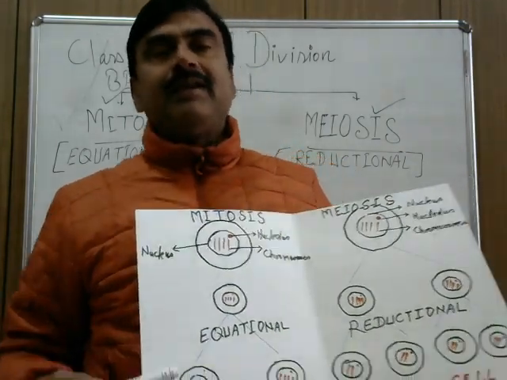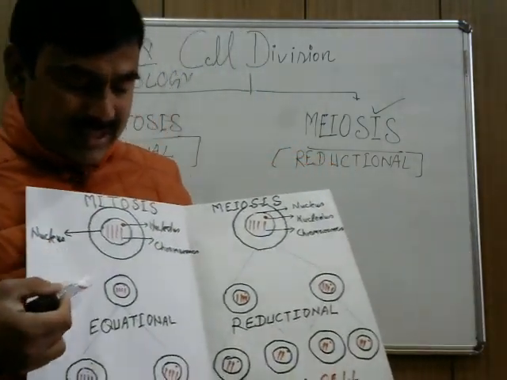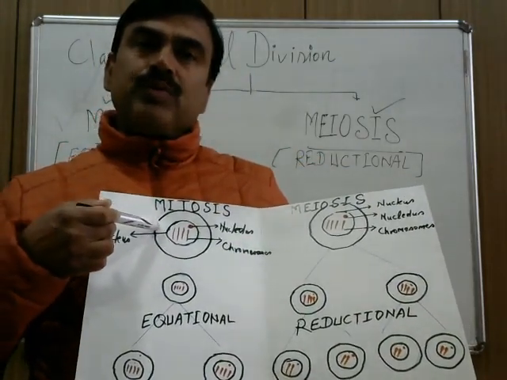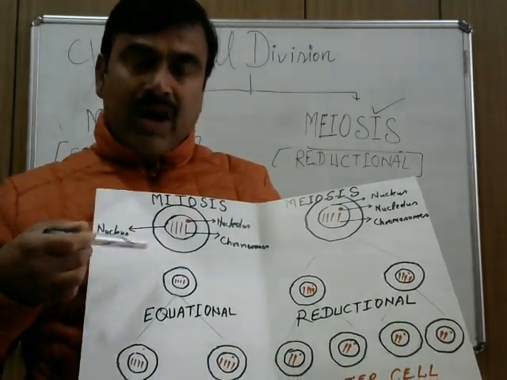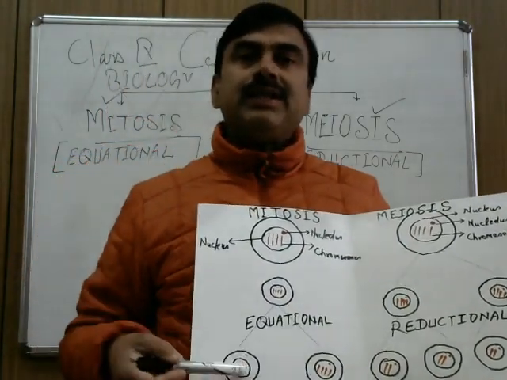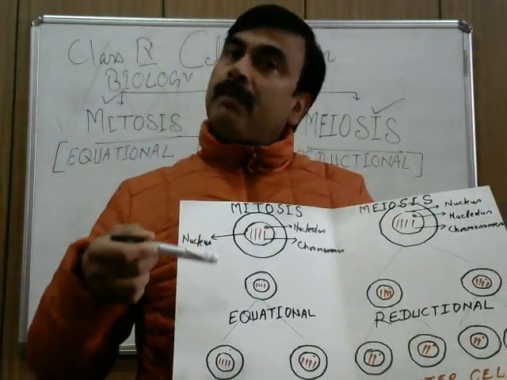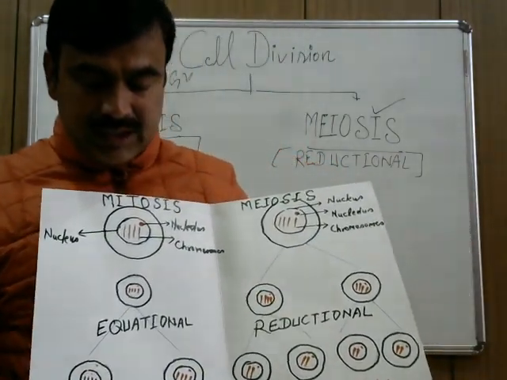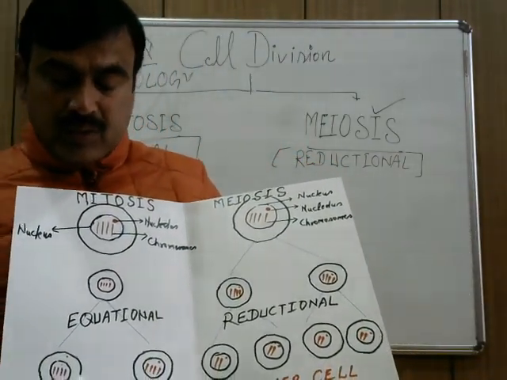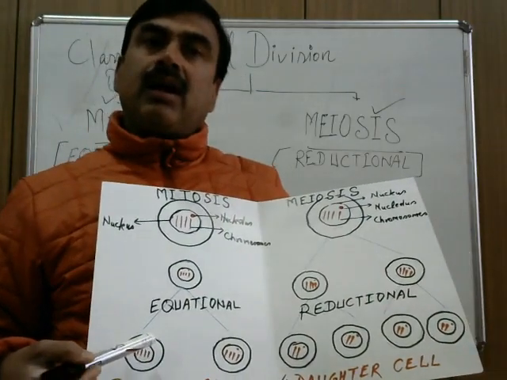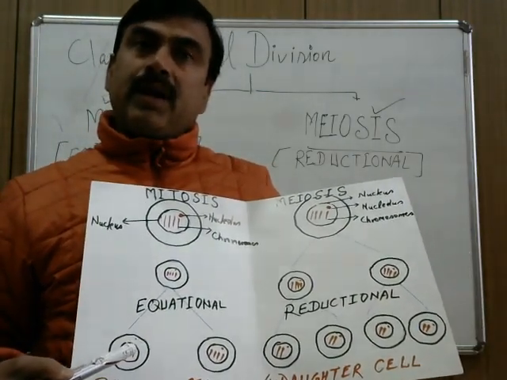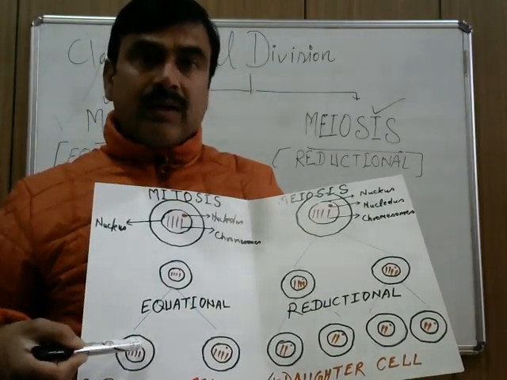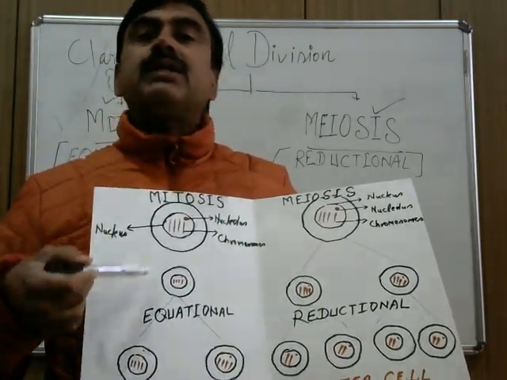What does this mean? This clearly indicates the number of chromosomes remains the same after the cell division. There are 2 daughter cells, you can easily see this, but the number of chromosomes remains equal, and that is why it is called